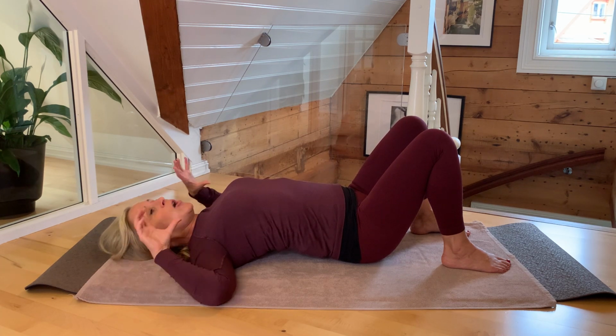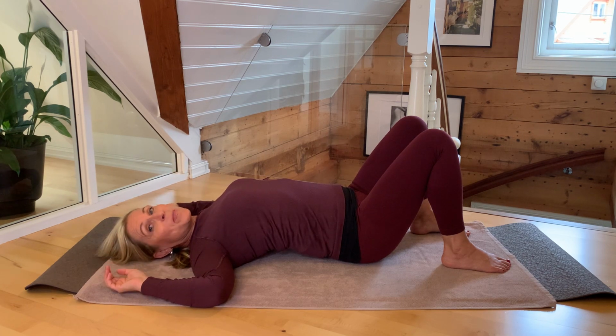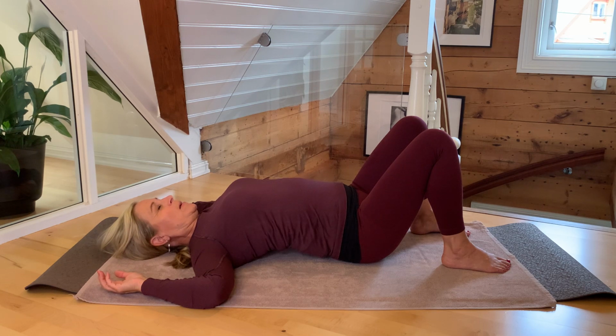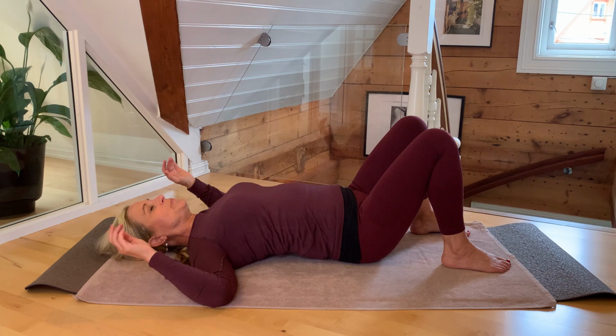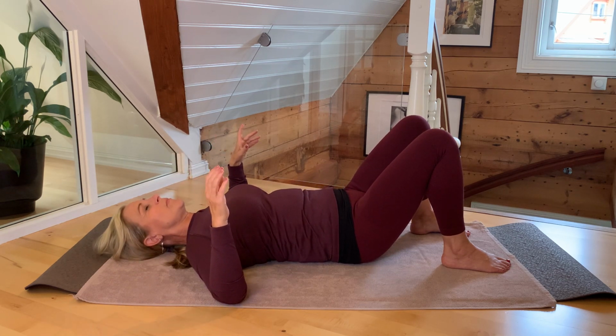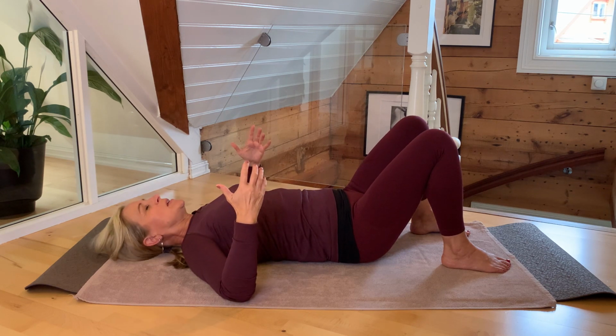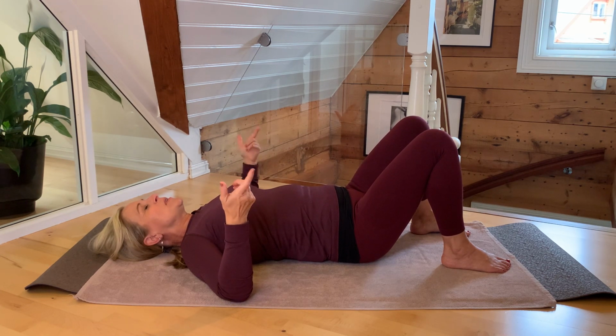And can you sense the upper part and even the lower part of the back is getting tighter and more arched? My hands are relaxed. Slowly release. So now let's go to the opposite direction. So you start to breathe in, and as you breathe out,